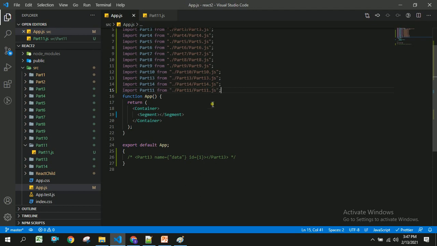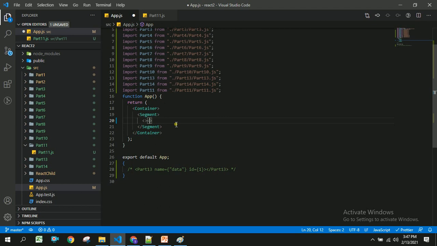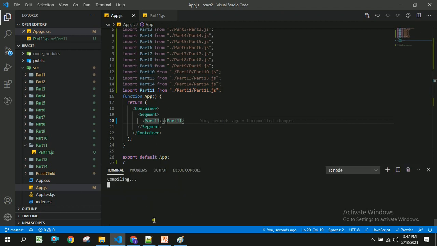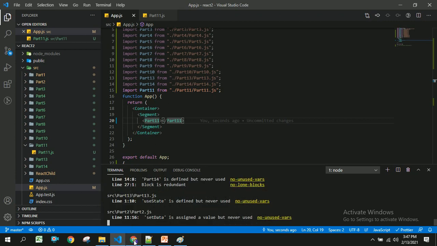Let us save this, and we have to write the same thing here. Let us save this and check whether we are able to get this part11 in our browser or not. We already compiled this, so head back to our browser and refresh this. You should be able to see the part11.